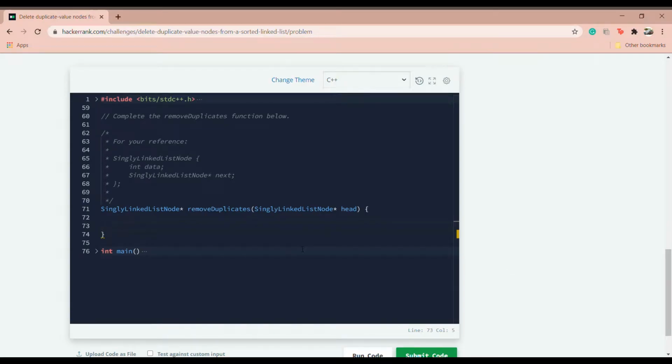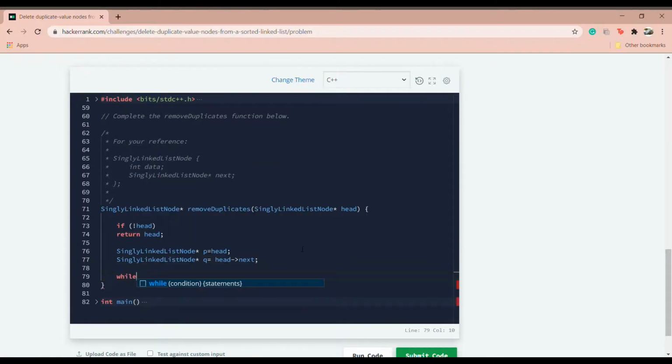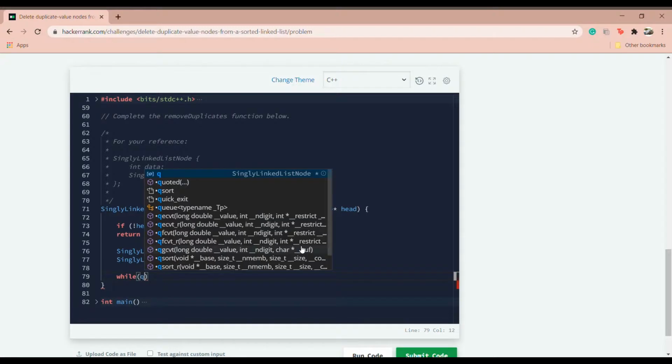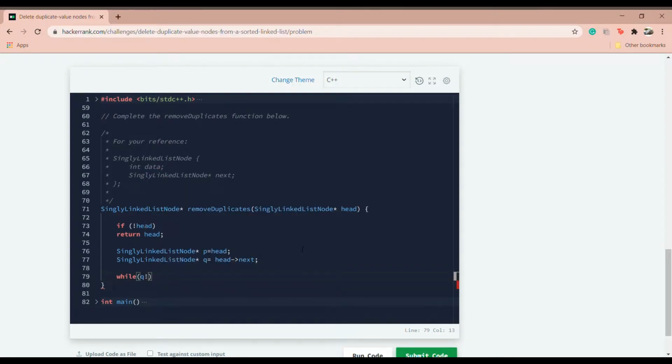So let's now code the solution. So if head is null, we'll simply return it, and if it's not, then we'll be making two pointers P and Q. P is equal to head and Q is next of head. Now coming to our while loop, while Q is not equal to null, that is until the end of the list,